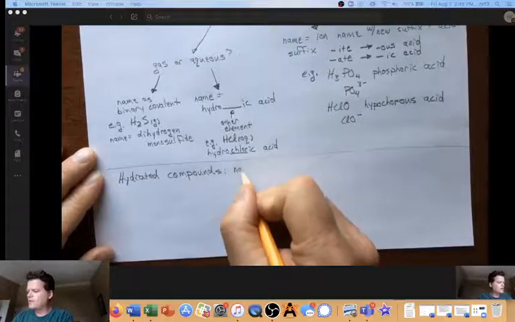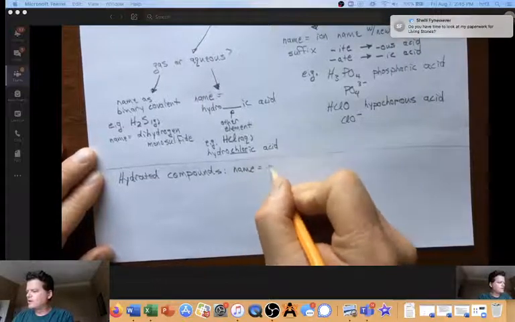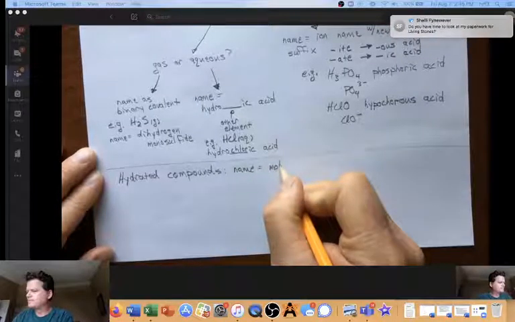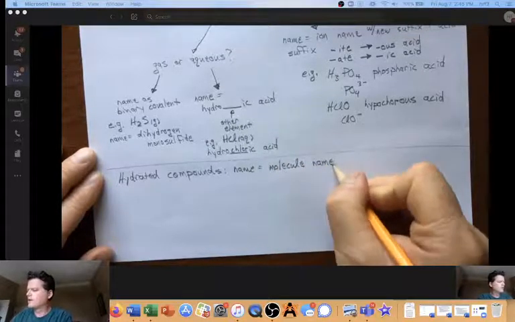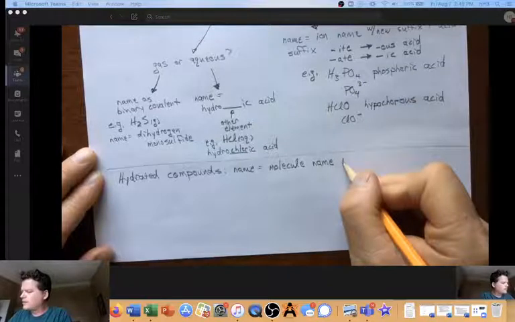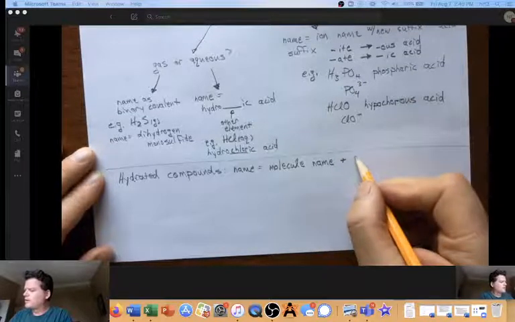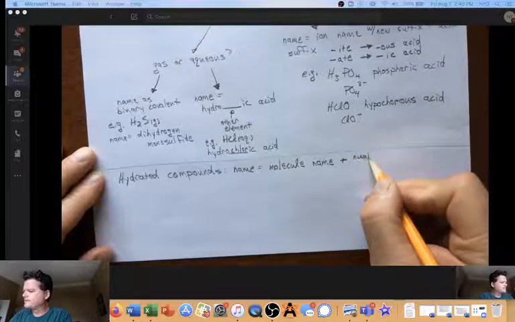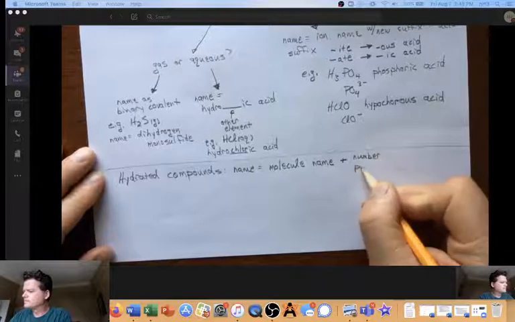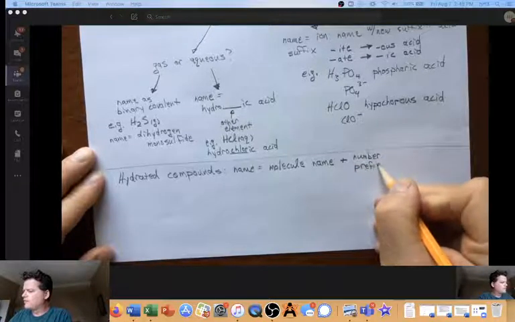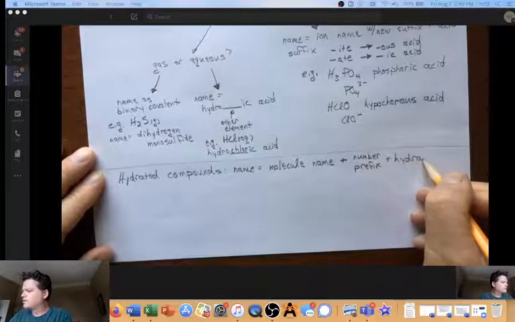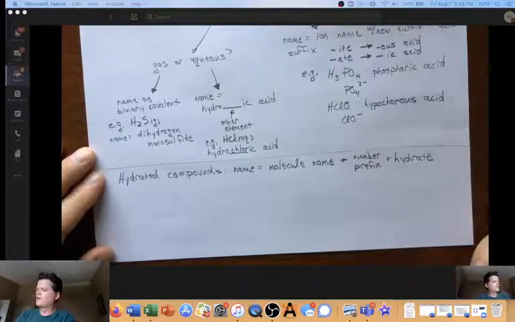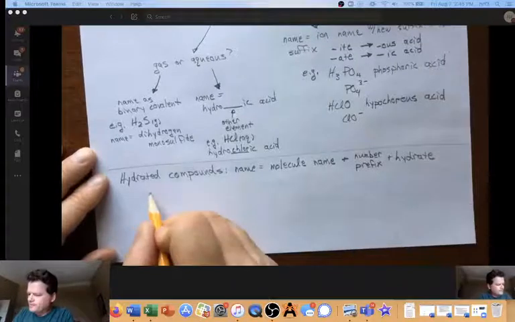And the name is just going to be the molecule name, and then plus a number prefix for the number of waters, and then plus the word hydrate. Okay, so for example, let's say we had